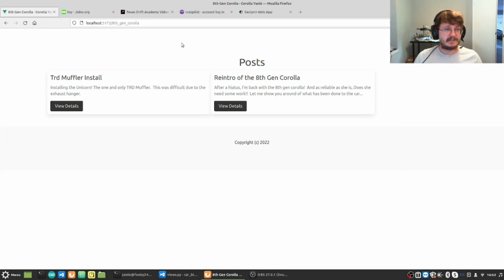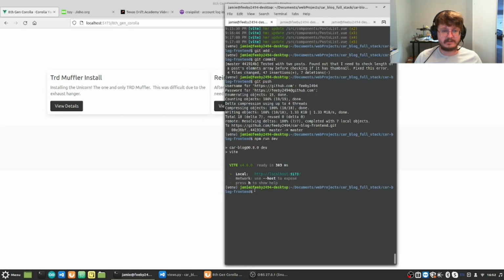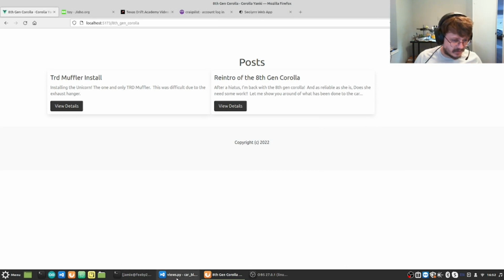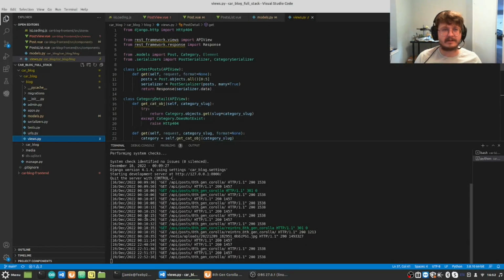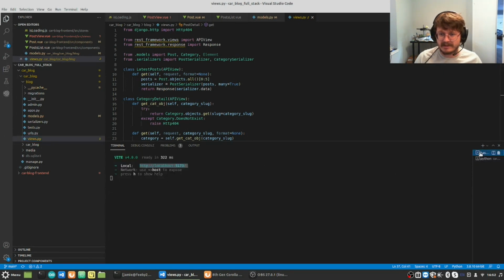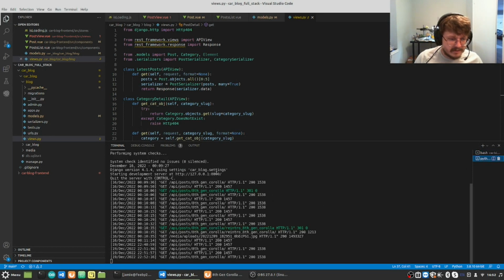This is the front end right here, and there is also a back end using Django. Actually, I'm not in there. I'm in Visual Studio Code, which I like because you have the terminal down here. That's the Vue, and this is Python over here. If we go to port 8000 on the localhost,